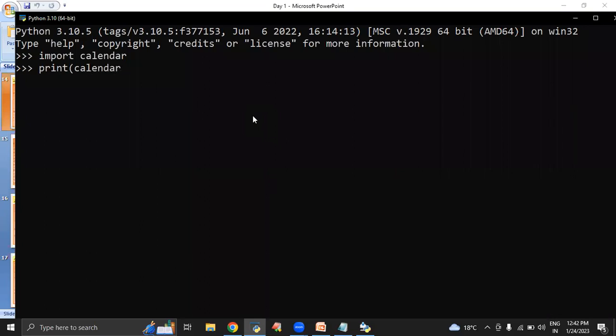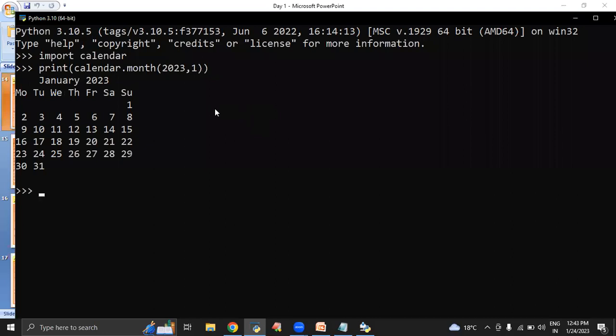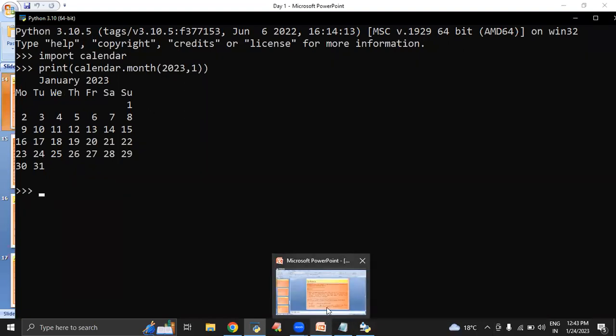Okay, dot month. Which month do you want to go ahead with, and which year? We want to go ahead with 2023, comma 1. Enter it. Now see, with two lines of coding, you got the calendar of January 2023. Is it right? So that is the reason we are saying it's very simple, with very little coding,